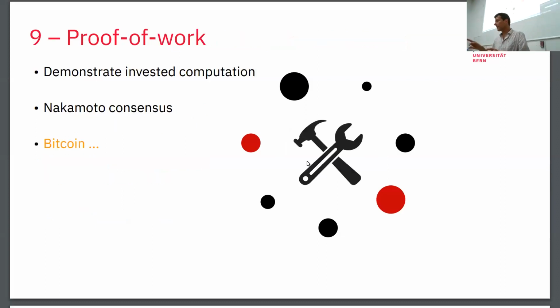Number 9 is last but not least. This is what started the blockchain, proof of work with Bitcoin, right? In proof of work, you do some totally useless but extremely parallelizable work, namely searching for the solution of a puzzle. And the solutions are found stochastically by multiple participants with certain probabilities that depend on your invested power, invested capital at the end of the day. And so it's a lottery that will make one node win first, and that one will have the right to extend the blockchain and get a reward for this.